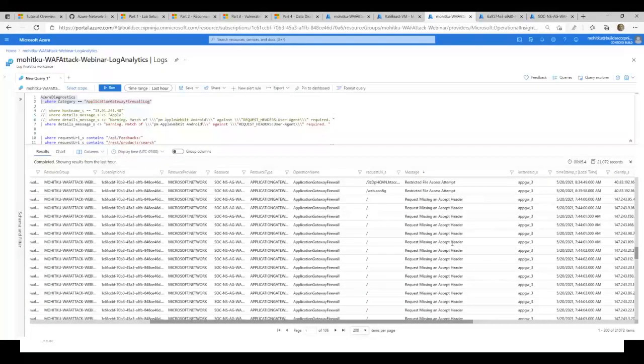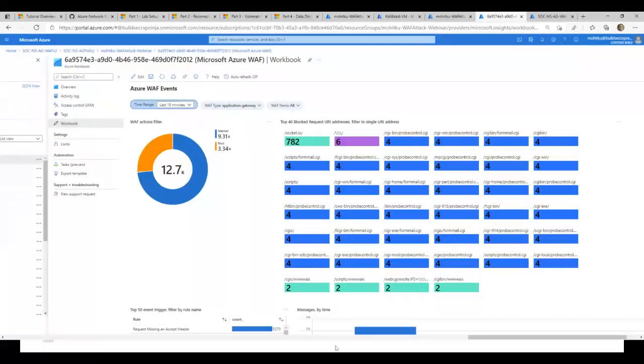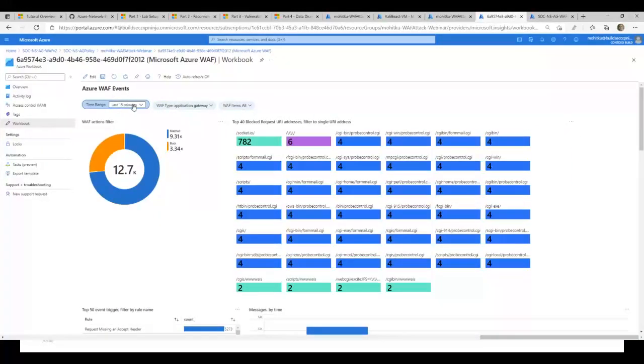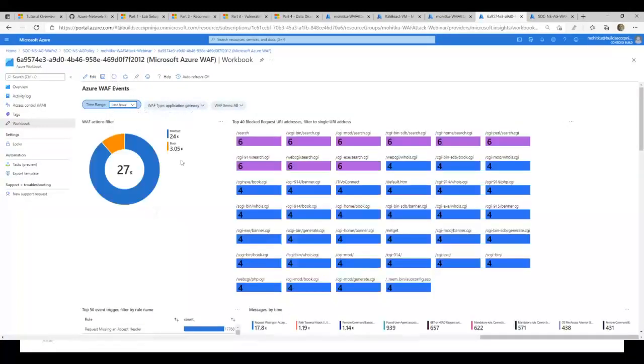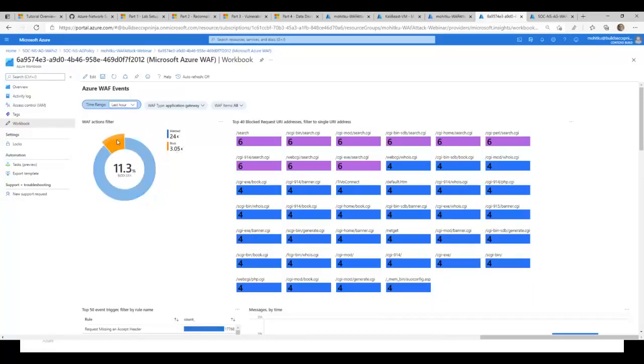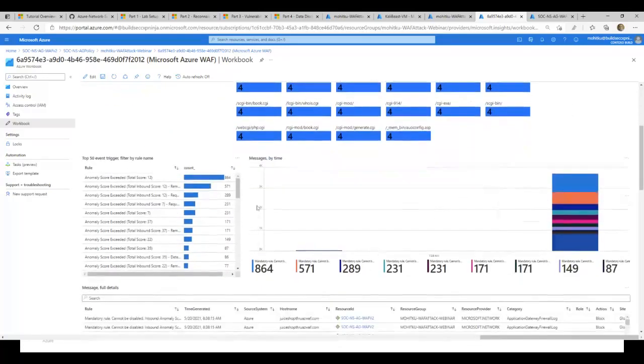This is one way to look at the logs to understand what's going on with your web application. Now let's look at the WAF workbook. If we look at this workbook and change it to the last hour, because we ran this tooling, the Nikto scanner, against the web application in the last hour, we see there are about 27,000 requests. The WAF action filter shows us all the requests that were matched and that were blocked. If we just click on the blocked ones, we see these are the top 40 URIs which were blocked. If we were to sort this,